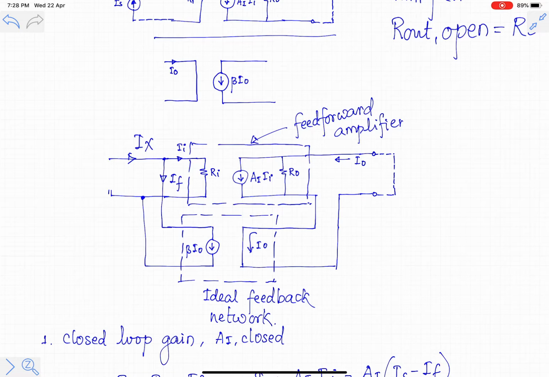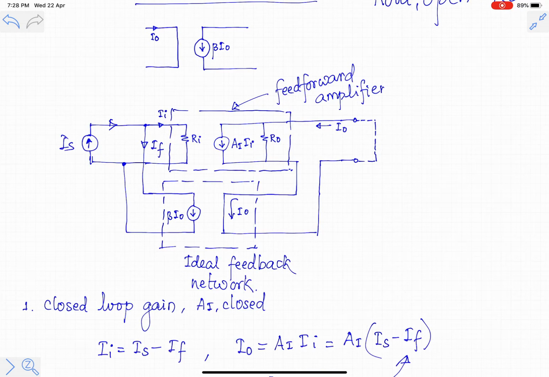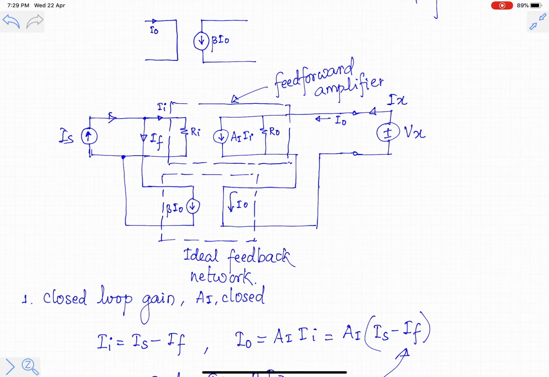Here there was the current source, IS. In order to find the output impedance, what should be done? We should place a known voltage source Vx on the output terminals of the amplifier and find the current Ix drawn from it. Vx by Ix will give us the output impedance. In order to do that, the input signal should be made 0, so the input should be open circuited. So we have an open circuit on the input side.